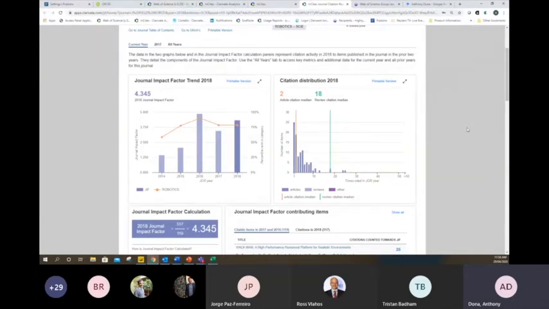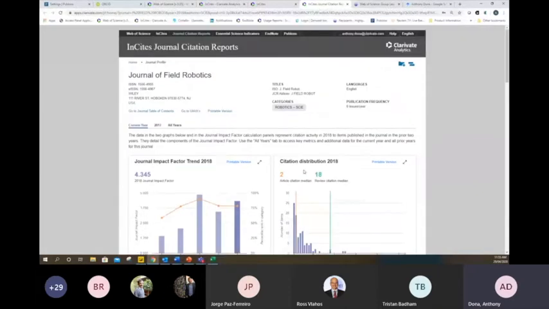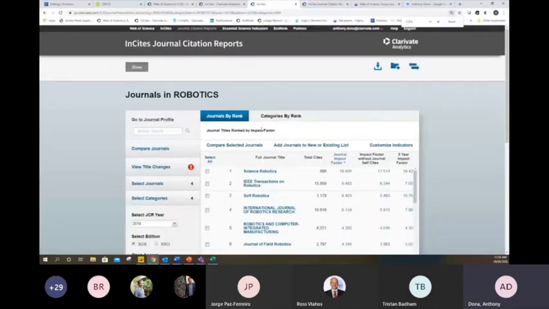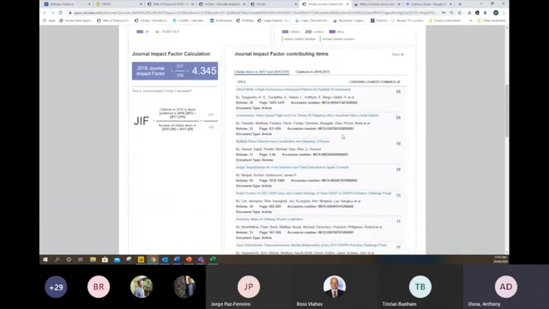And it's just ingrained in the culture of people looking at bibliometric data that they will use the impact factor, which is a bit of a shame. So do be wary when you're using those numbers. You can pull up this sort of page on any journal. If you scroll through our journal citation reports, you can get a journal profile page that looks a lot like this and try to understand how that journal is performing and what it's publishing and all that sort of thing.